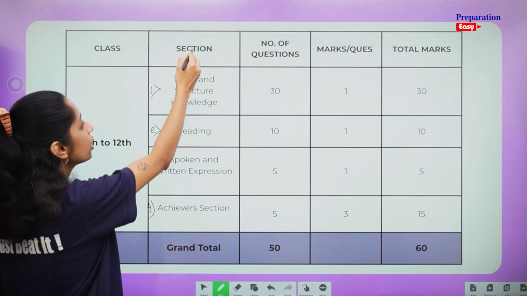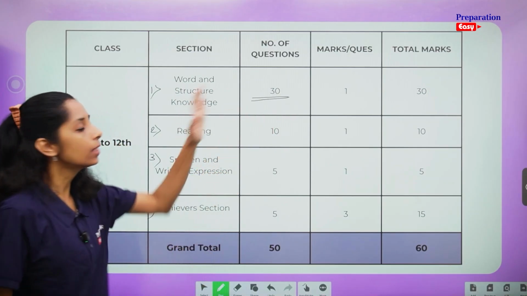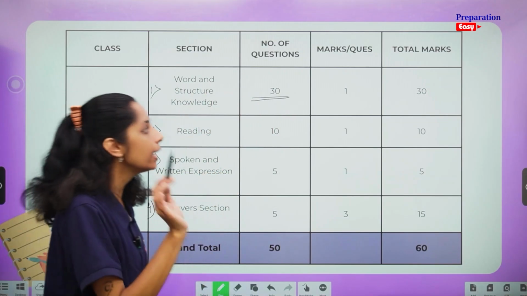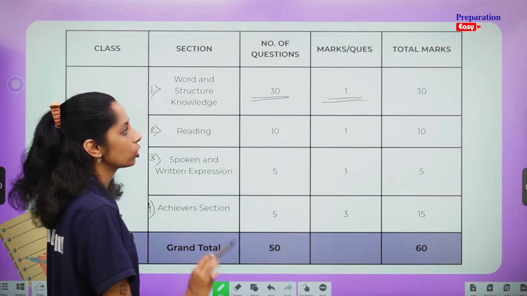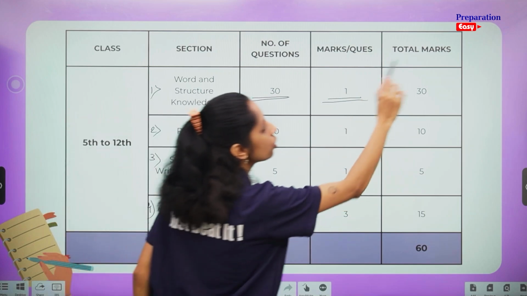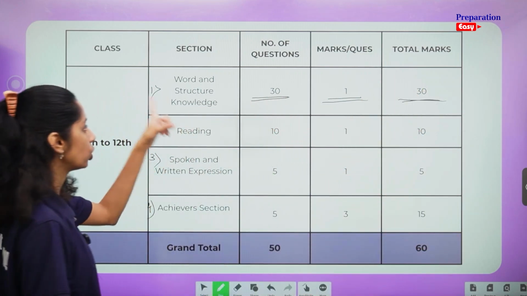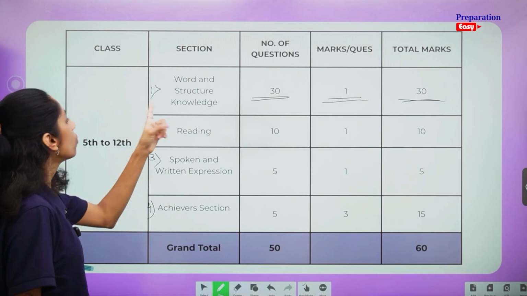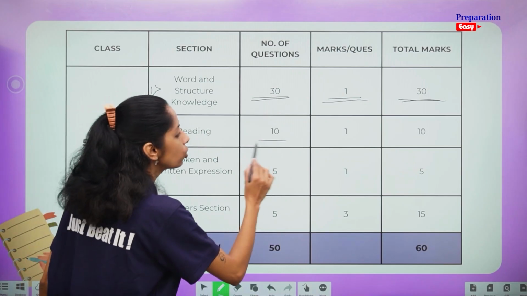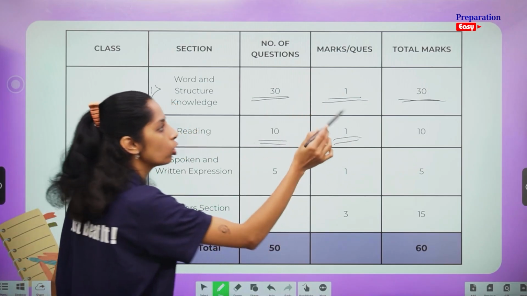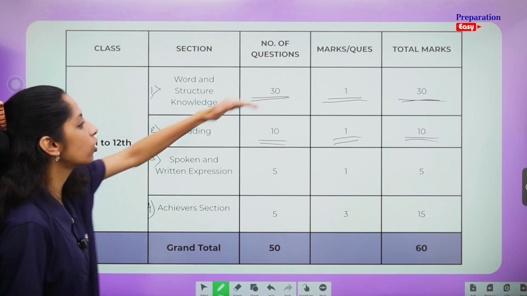Okay. So section 1, there will be 30 questions. Each question is marked for 1 mark, and the total will be 30 marks in section 1. For section 2 there will be 10 questions, 1 mark for each. So there will be 10 marks for section 2. Okay? So 30 plus